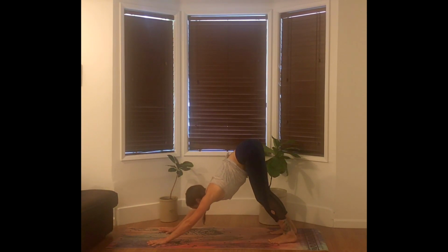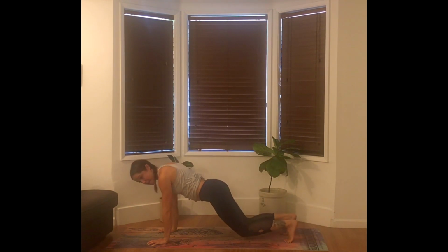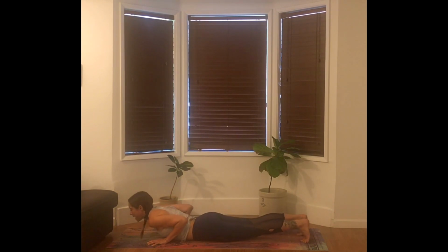Alrighty. Looking forward, shifting forward to high plank pose, pausing here, noticing shoulders over wrists. Knees can come down by all means if you need to. Okay, otherwise we're charging ourselves up here, broadening that shoulder girdle. And then on the exhale, let's all lower the knees down, come down to the floor, to the mat, untuck